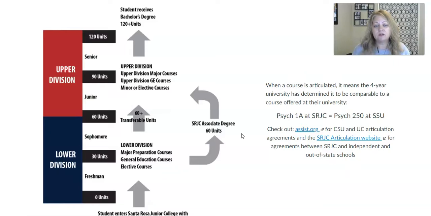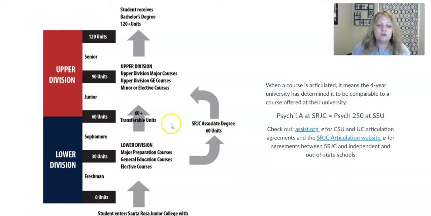But an associate's degree is not required to transfer. So if it fits in nicely, then go ahead and go for it. If it's a goal of yours, then go ahead and go for it. But you do not need to have the mindset that I have to earn an associate's degree in order to transfer. There are some benefits of earning an associate's degree for transfer when you transfer to the California State University system, but we will talk about that when we talk about the CSU.